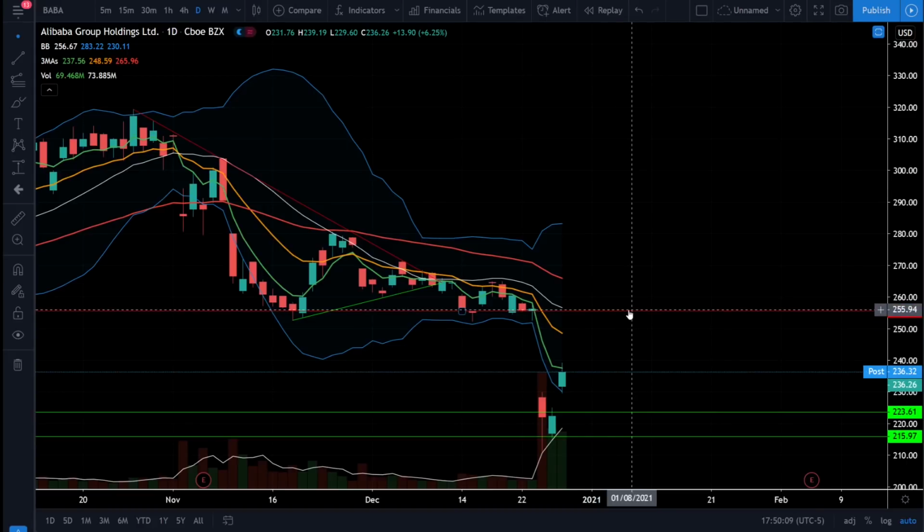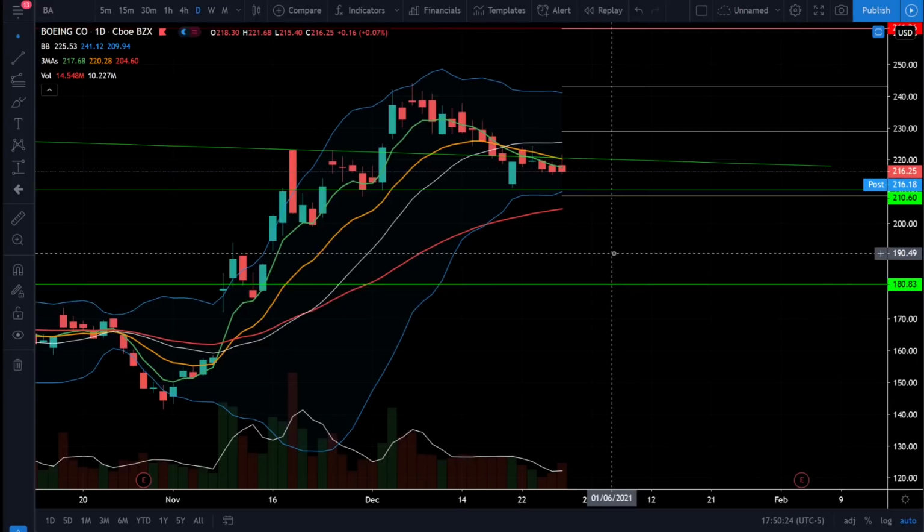So my price target on Alibaba is to close this gap up here at $255. So Alibaba is a brand new hot stock, and I still fully expect Alibaba to continue to climb higher and higher from these lows. Next up is Boeing stock, and we saw Boeing stock pretty much go nowhere today, but